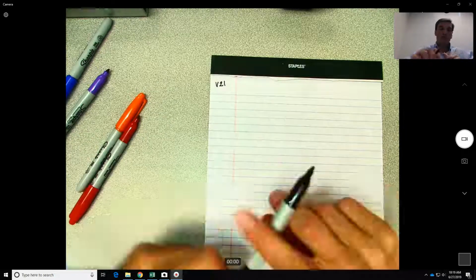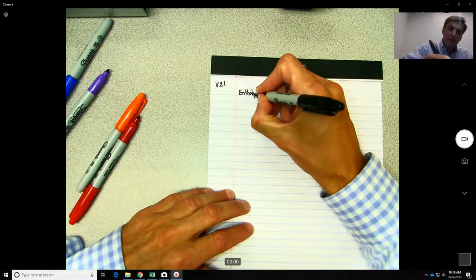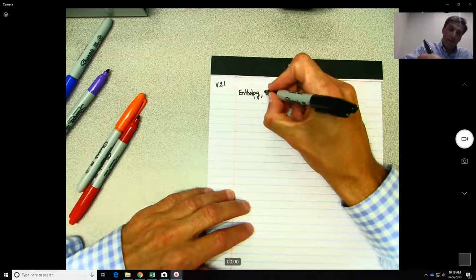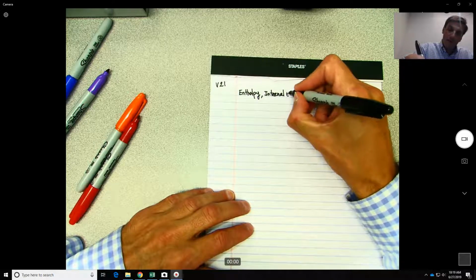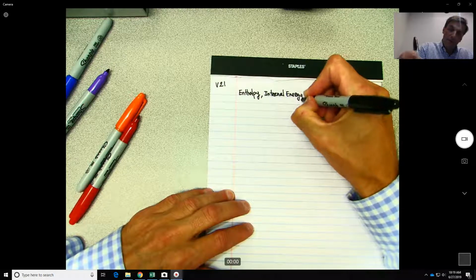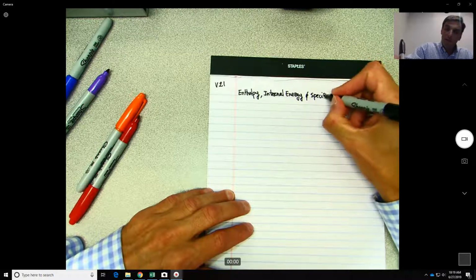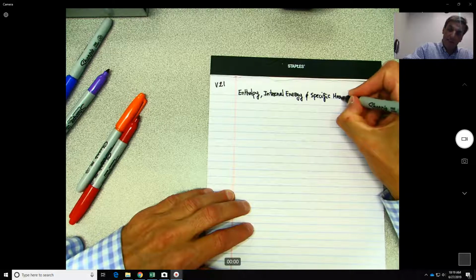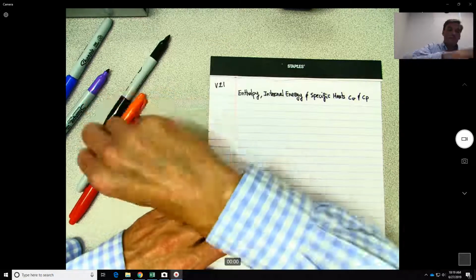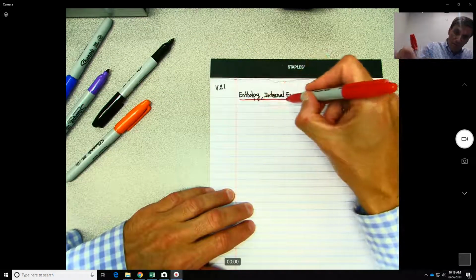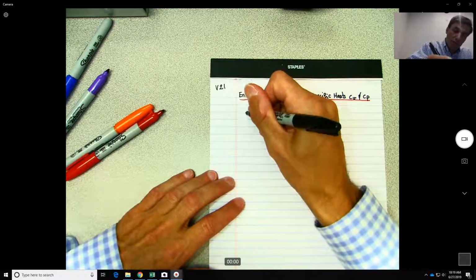Okay, so today we're going to be looking at the enthalpy, the internal energy. This is not new. And specific heats, CV and CP. Okay, so what's important here to understand is this,